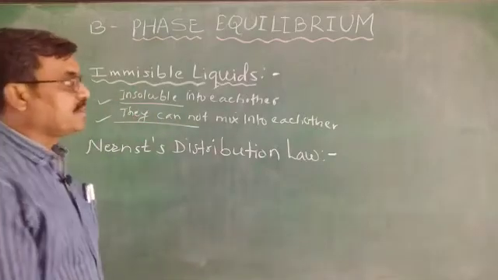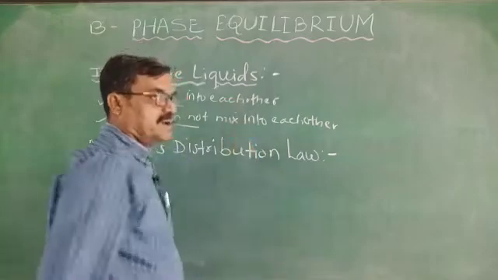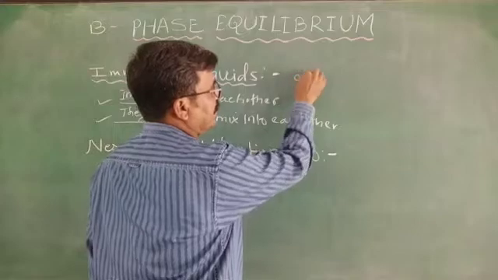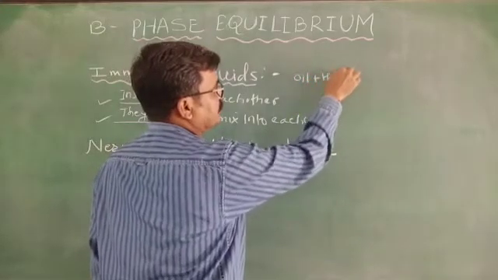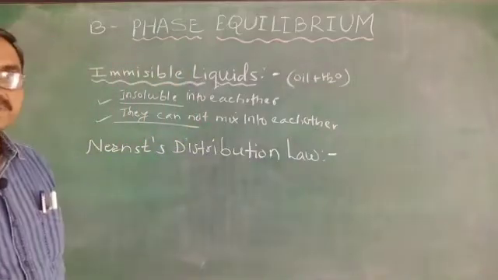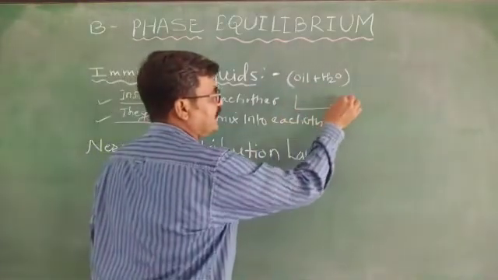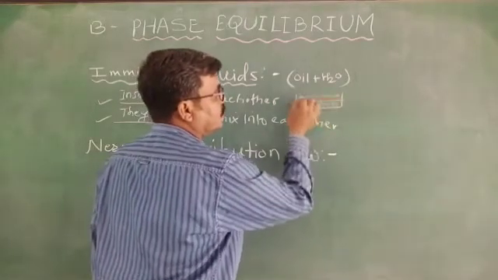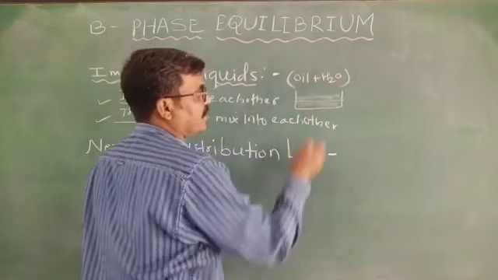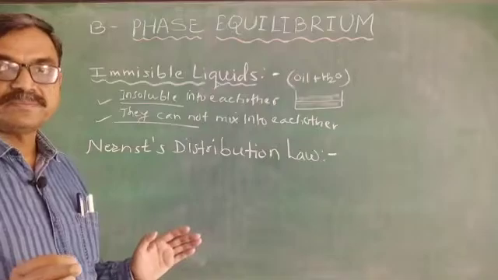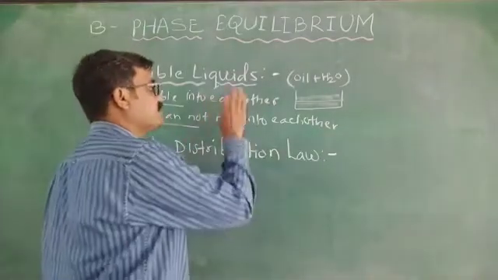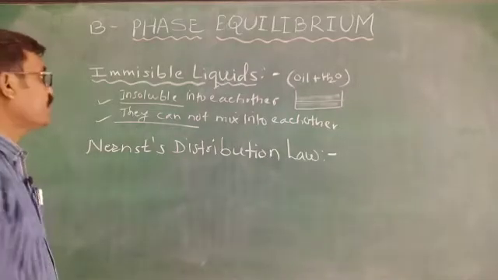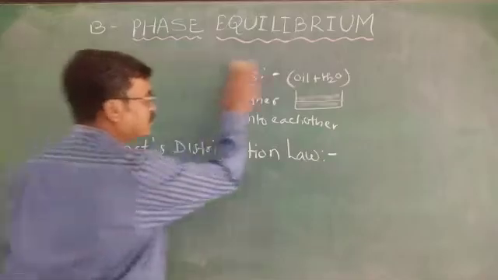If we take the example of kerosene and water, or oil and water, or ghee and water, what happens if oil is mixed into water? You know, two layers will be formed in the beaker. We observe such a line. Two layers are there. Why? Because they cannot mix into each other. In this way, two liquids which cannot mix into each other are known as immiscible liquids or liquids insoluble into each other.